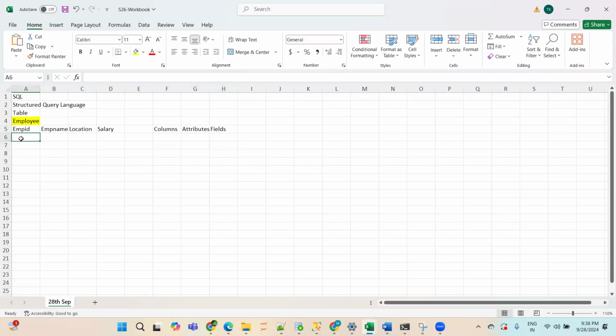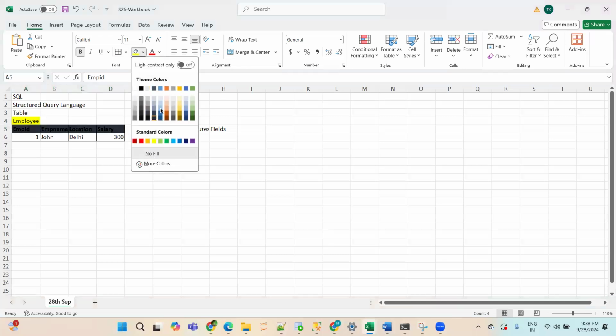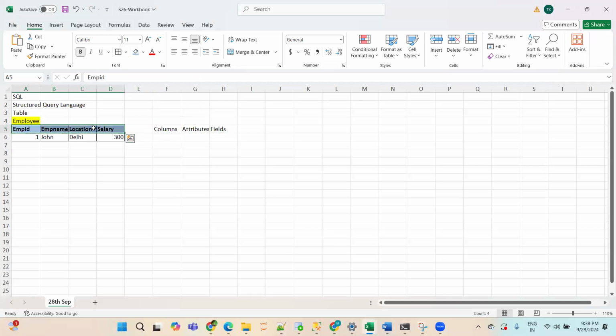Let's say employee ID is 1, employee name is John, location is Delhi, salary is 300. So in this employee table, in these columns, I'm storing this data: employee ID 1, employee name John, location Delhi, salary 300.